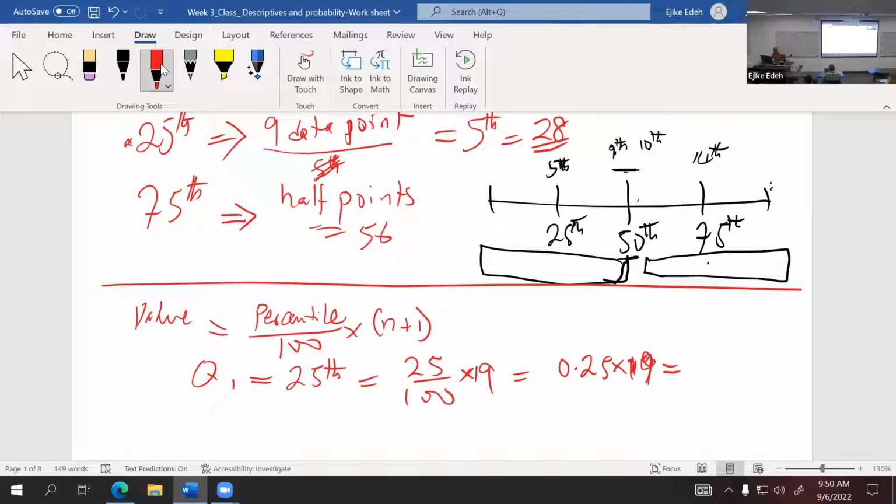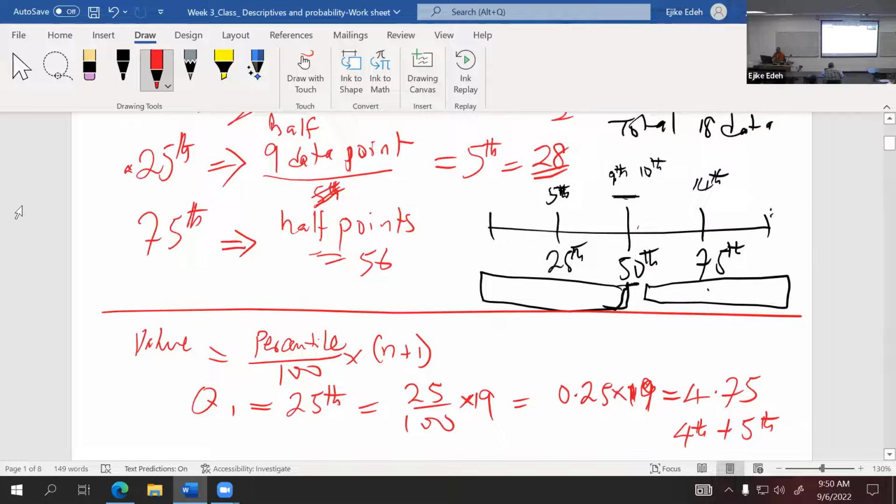Can you say louder? 4.75. So here I would suggest using the 4th number plus the 5th number. Okay, and again, different textbooks will recommend different things. But based on the way we're working here, we just go ahead and use this. So if you round up, you should be using the 5th. If you round down, you should be using the 4th. If you find the average, you should be using